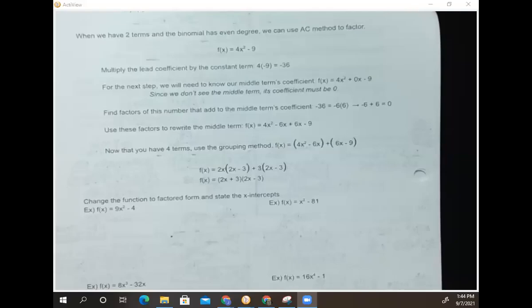Today, we're going to talk about a special kind of factoring. We're going to talk about how to factor a difference of squares. So we are on page 28 in your notes, and we're actually going to ignore most of what's on your